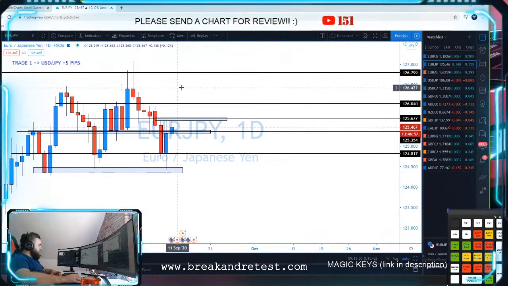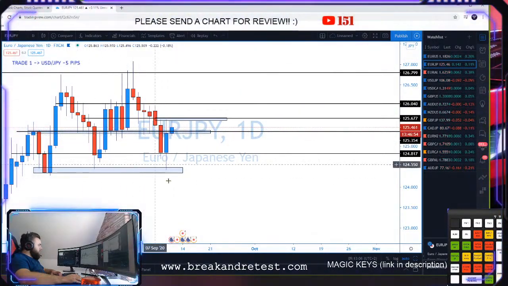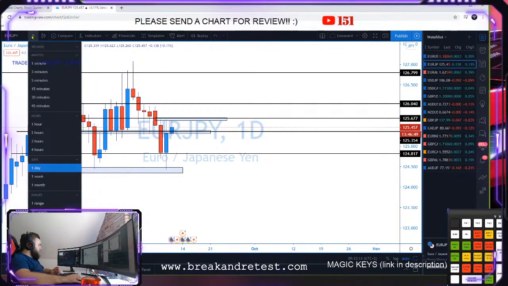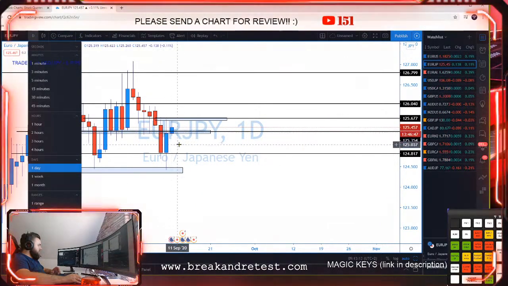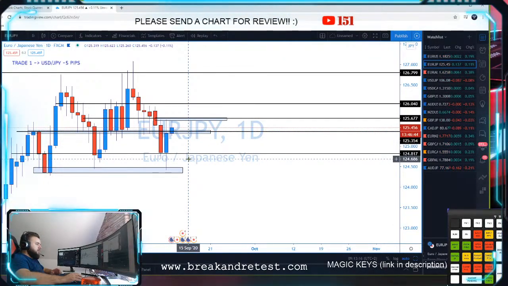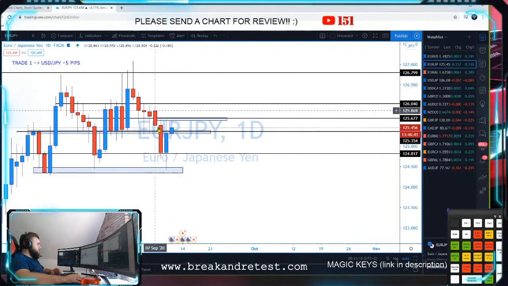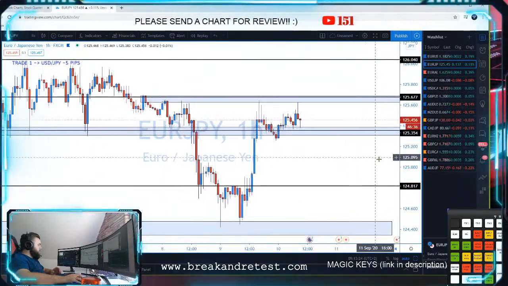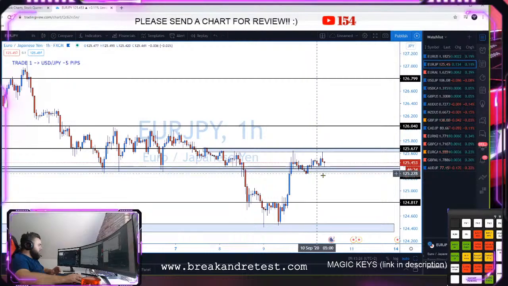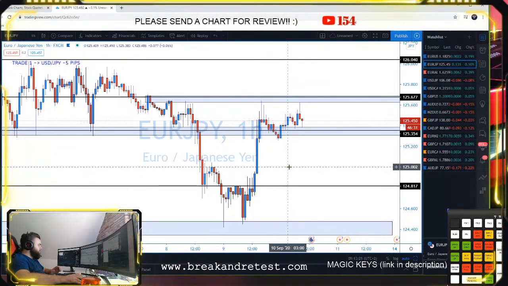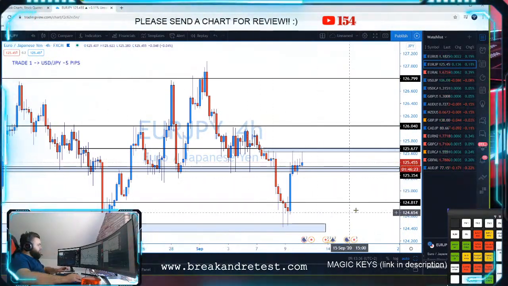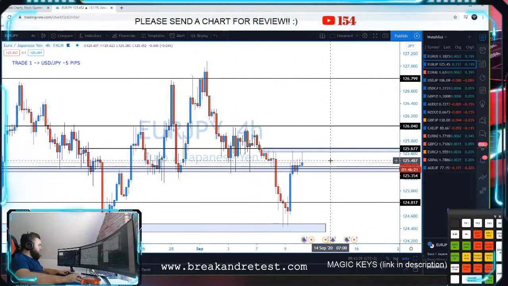Today, last night the daily candle closed below and we had some continuation on the daily. But what does this mean? This means that since we closed below on the daily, we can have some continuation to the downside still. But what we are going to do here is we need to wait for a break, either to the upside or to the downside. To be honest, to the upside, I don't like it